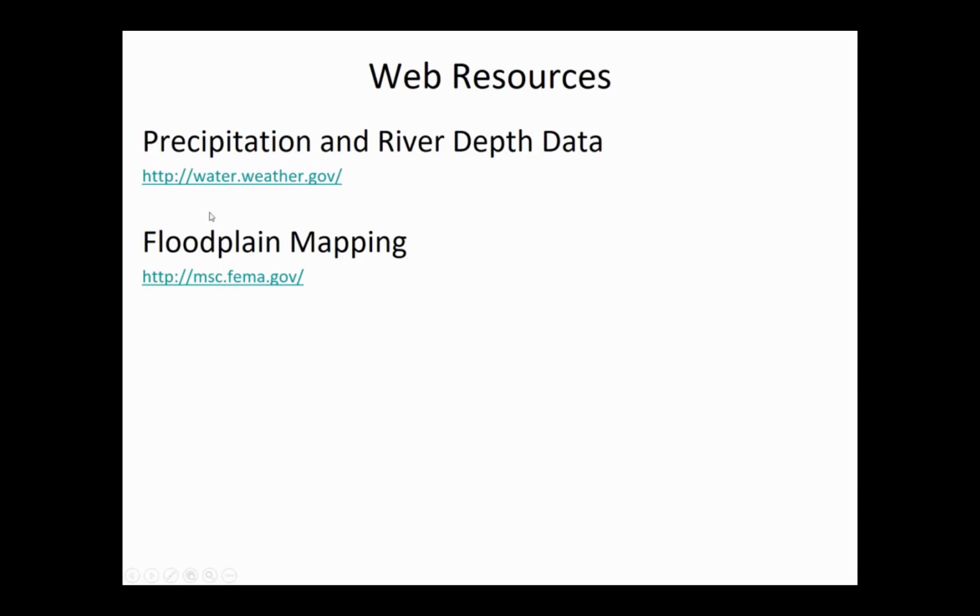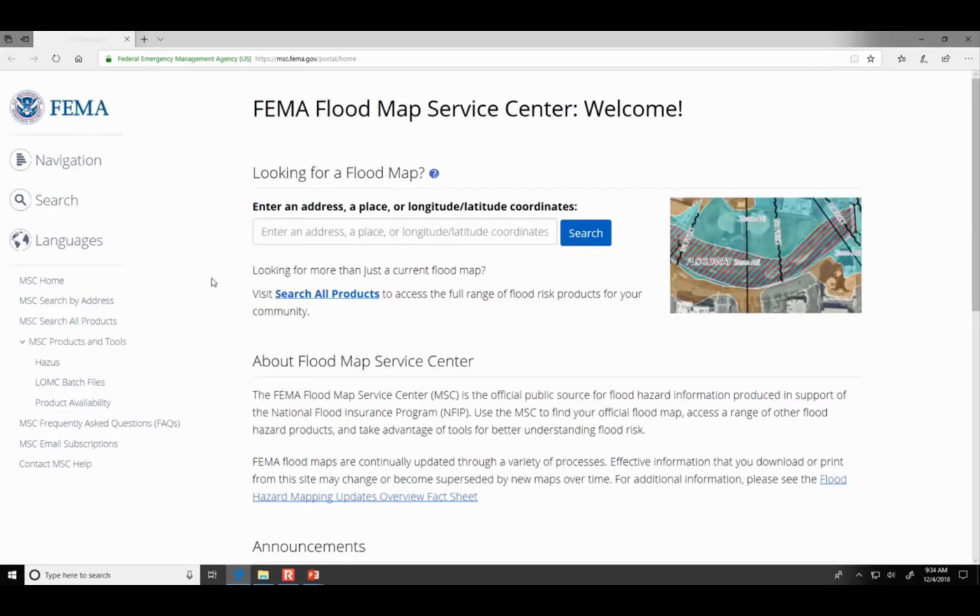Let's take a look at the Map Service Center that FEMA makes available for floodplain mapping. It allows you to generate some PDFs that are pretty interesting, where you put in an address and then it'll generate an assessment of the risk of flooding at that address. And so anybody want to give me an address, maybe your aunt and uncle or your grandparents, or here in Huntington itself is kind of boring because of the flood wall. So I wouldn't ask for your address if you live in this area, but